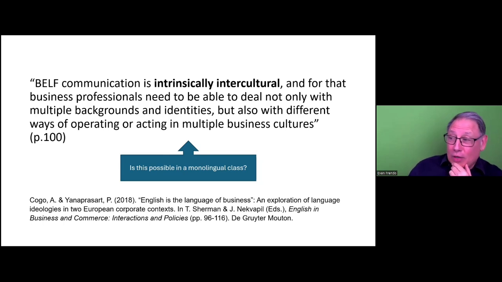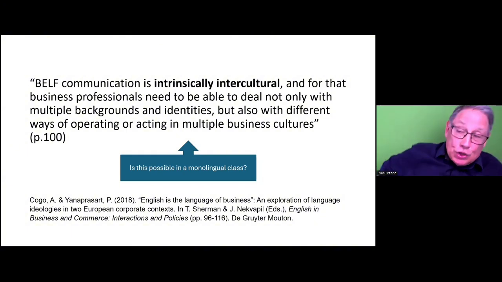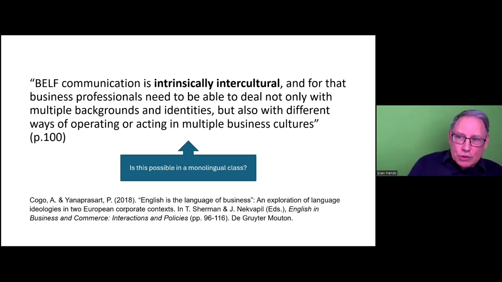Is it possible in a monolingual class, though? I think this is a real problem when we're trying to prepare people to work in different cultures, corporate cultures, national cultures, whatever sort of culture we mean. But if all our people in one class, in one room, come from the same culture, then that in itself raises training issues, teaching issues, which we need to work to resolve. And of course, we can do it nowadays, especially with technology. It's very easy to put people in touch with people from different countries and different companies, but not always.